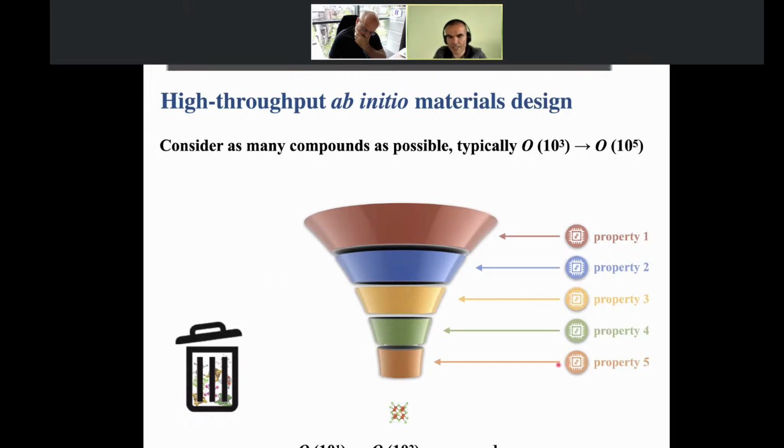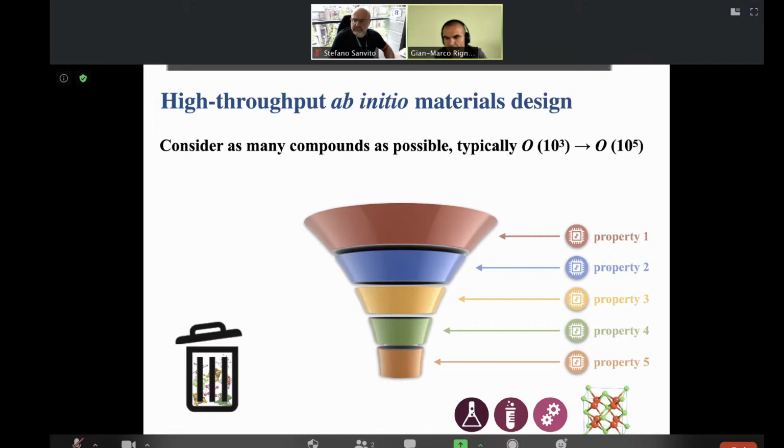As you can see, many of the materials end up in the trash. And some of the materials, typically 10 to 100 of them, are okay. If we have done a good job in the prediction, our colleagues can synthesize them, and I will show you an example where we did that. So basically they have a material that meets all the criteria, and we have reduced the time it takes to create the material that we want.